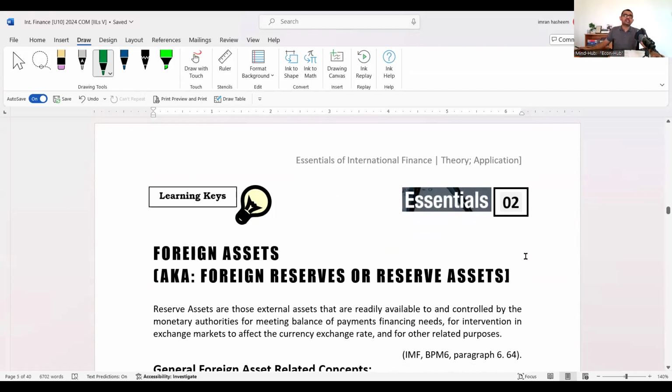Okay, now recently we were talking about how after so many decades, Sri Lanka was able to get a BOP current account surplus, right? So the reason for that is, or what we are saying there is,